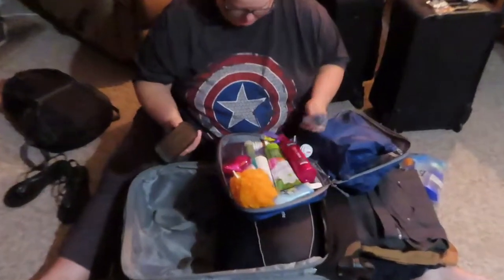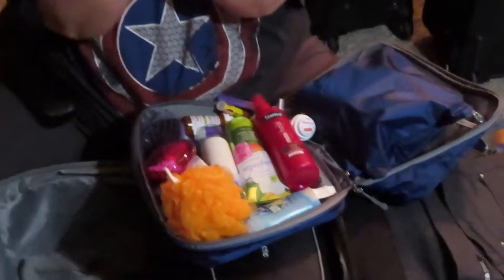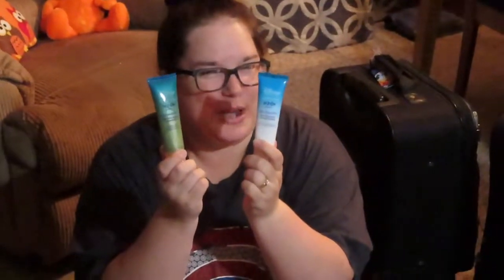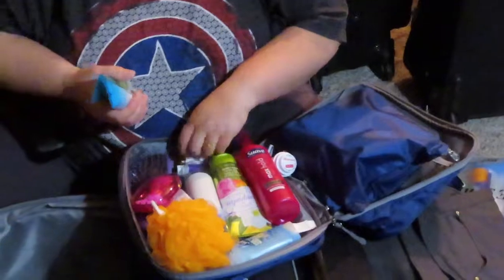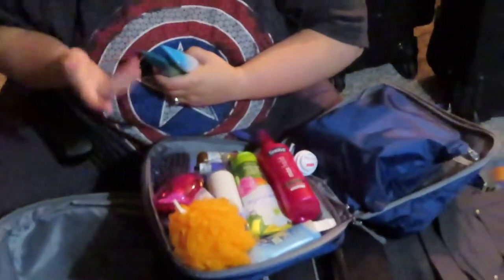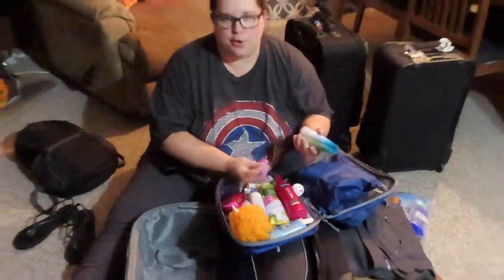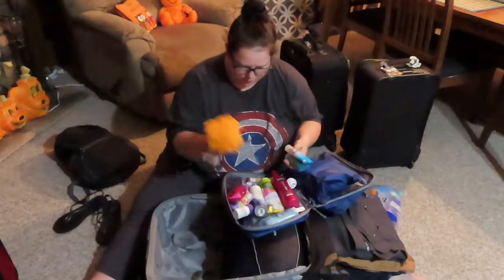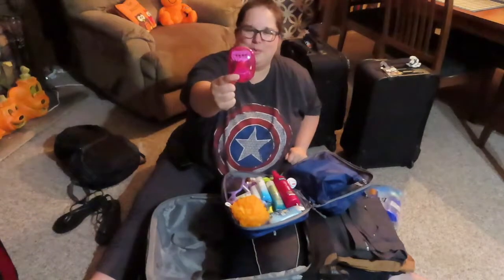And the rest of this is I've got some hairspray, some body spray. We brought a couple of H2Os from our last trip just in case. But I believe we will have toiletries on the wall here. Got some hairbrushes, got my prescription medications. Neither of my prescription medications are life or death for a couple of days. They're for my thyroid and my cholesterol, so I'm not going to bother with bringing them in a quart-size bag and all that stuff through security. Worst case, if our luggage gets completely lost, I'll just run to Walgreens and have them call in my prescription. But I brought a poof for the shower, some deodorant, and then I found this super adorable baby razor